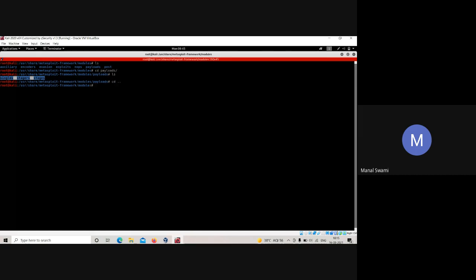If I go to, for example, exploits, there are so many exploits over here. What are exploits? Exploits are where your viruses are. The scripts that are used to hack into a system.